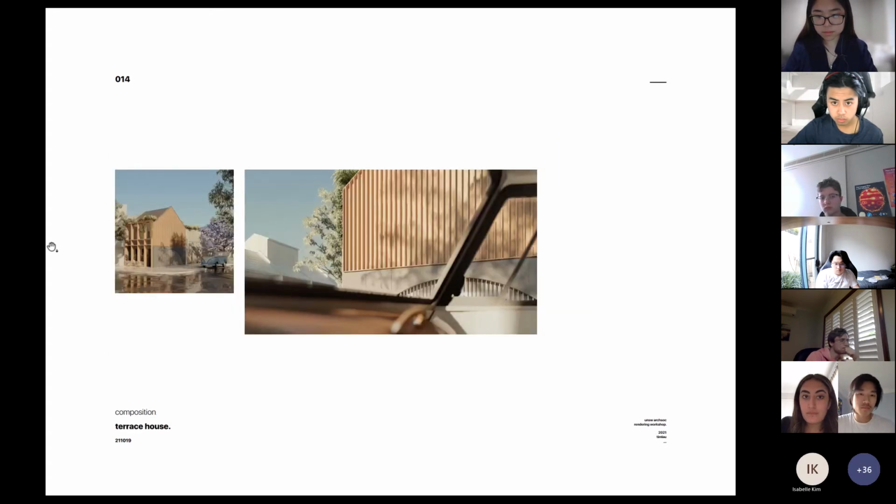Here's another speculative that I just kind of worked on. This one's more so about the foreground elements. So you'll see this mini little van here. By using the van and the window as a sort of framing element, your eyes are kind of directed